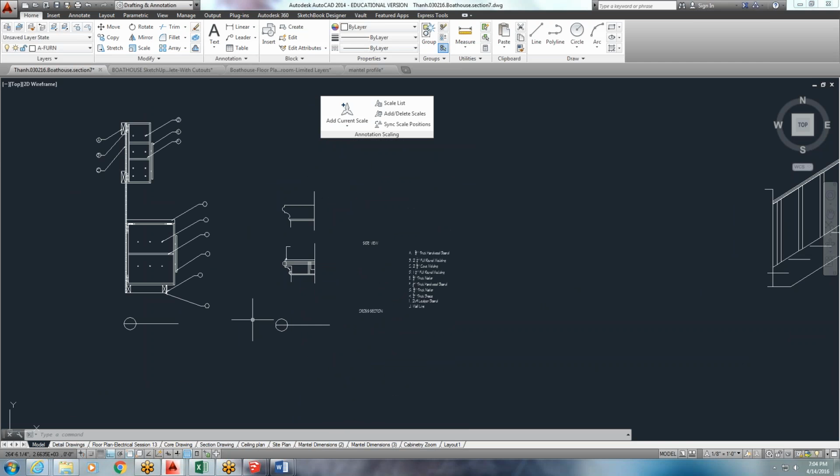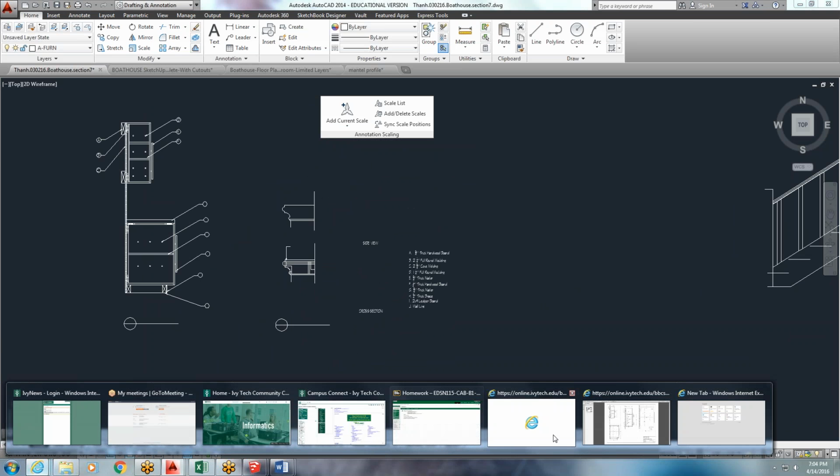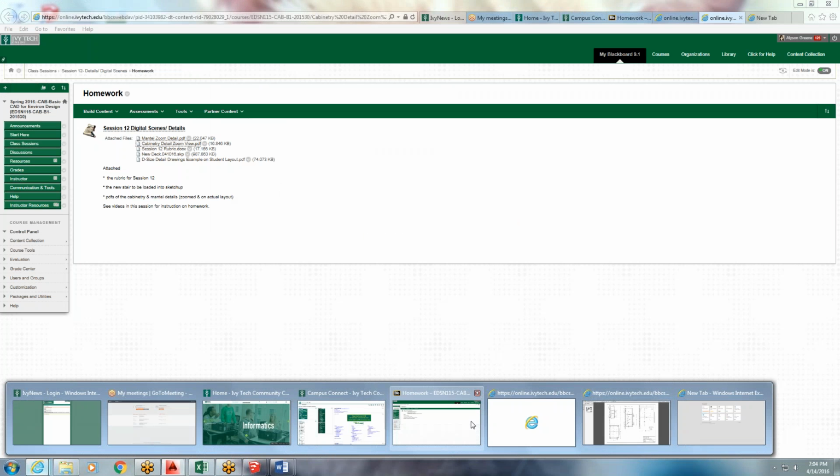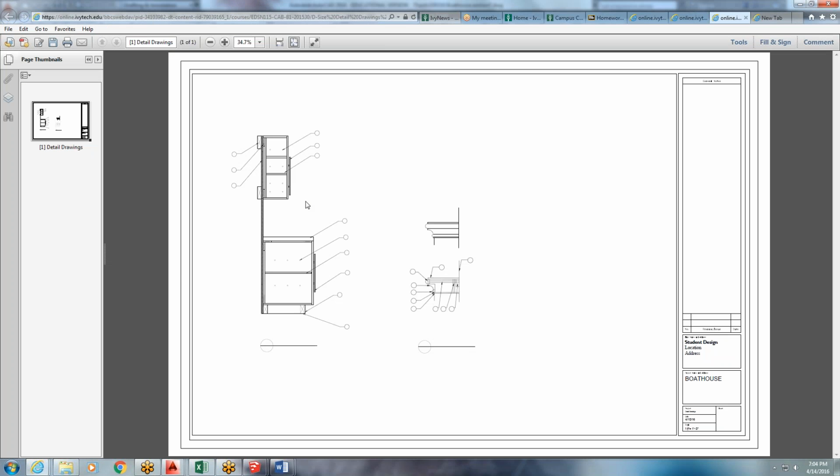And I'm giving it to you in pieces where we're starting with the bare bones drawings, then the labeling, then the text. So I also included in that session a D-size detail drawing, what I expect you to turn in. And so here again, I have the student's example of their title block, the location that your fake business is at, the drawing, the date, the scale, which for these, notice the scale is 1.5 inches equals 1 foot 0